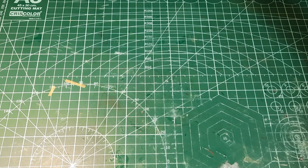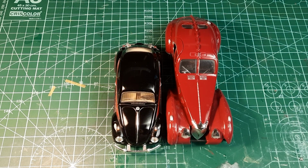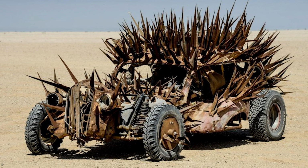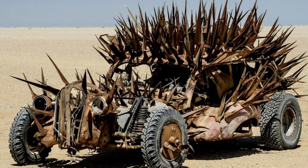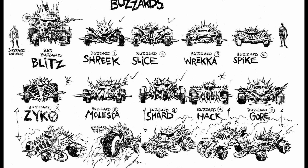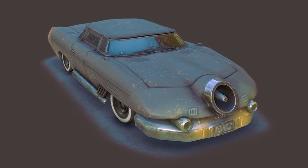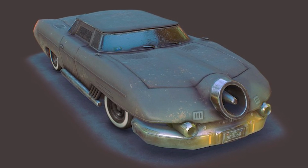I have used toys like this Volkswagen or Bugatti toy, which I then used to recreate the Buzzards from Mad Max: Fury Road, but not actually these Buzzards from here, because they look extremely spiky, not technological. The original concepts from the Buzzards of the 90s look more retrofuturistic, like something from 40k, and I want just that, with the retrofuturistic and nuclear power aesthetic of the Corvega cars from Fallout, because Fallout deserves working vehicles